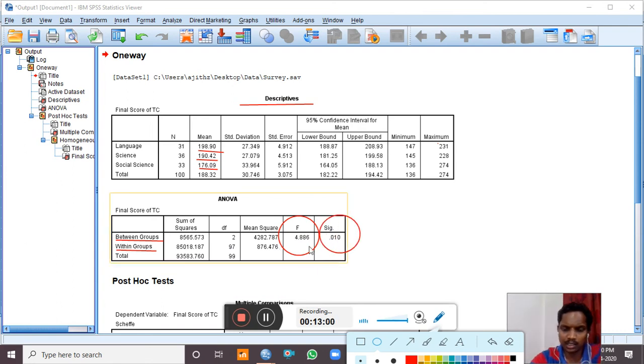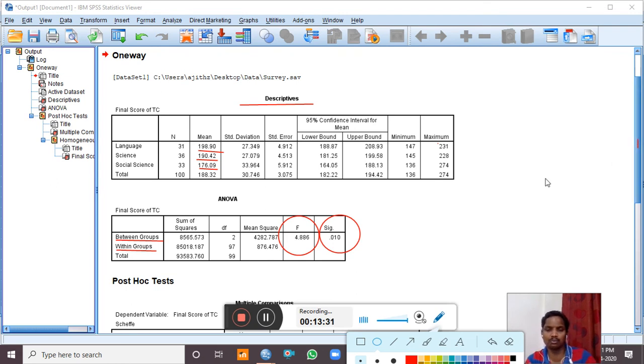You can see this F value from the Fisher's table. Then if you want to see whether there is a significant difference between the groups, you can see this result. This is less than the 0.05 level of significance. So we can surely reject the null hypothesis, and we can say that there is a significant difference among the groups.